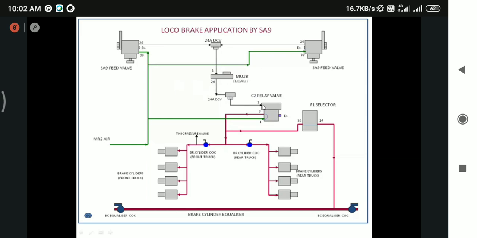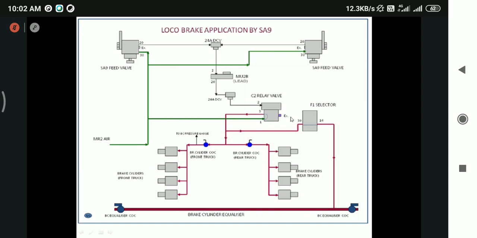Now, at the control port, zero pressure means what will happen? I said always that the delivery port is connected to the exhaust. Now the 1, 2, 3 connections will be disconnected and 3 is connected to exhaust. 3 connected to exhaust means what will happen? All the pressure available in the brake cylinder equalizing pipe and also the brake cylinder, the air supplied will move back.